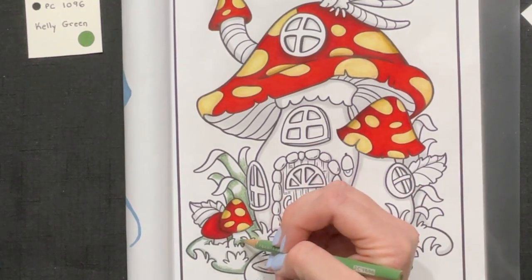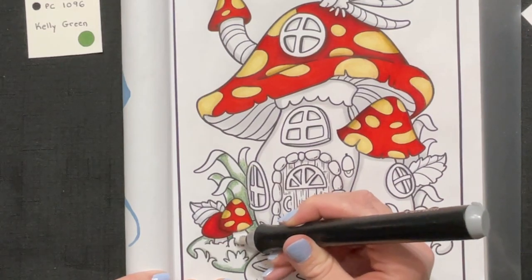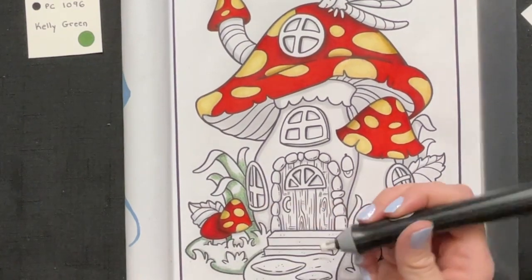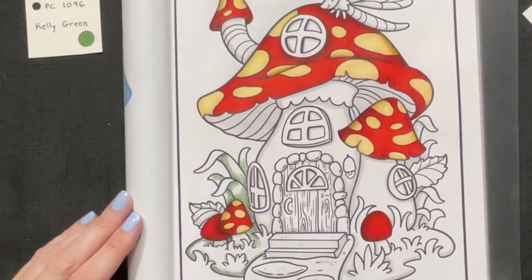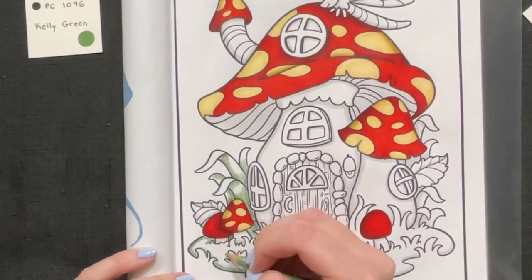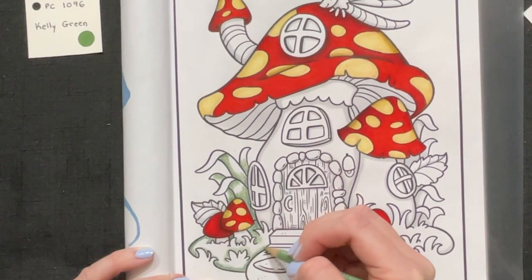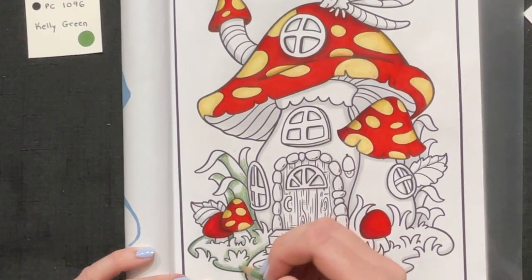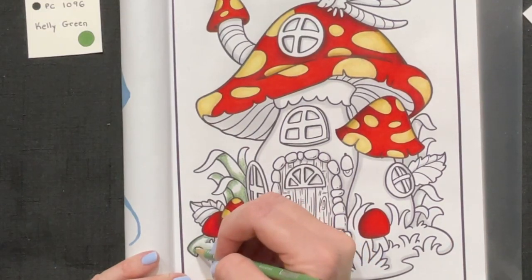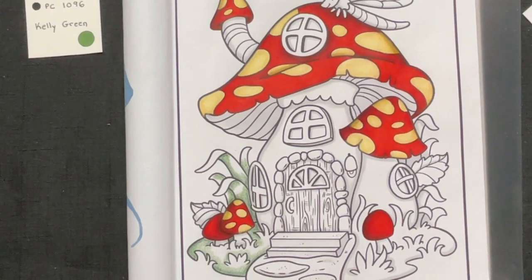Oh, that's not supposed to be green, that's the mushroom. Okay, so this is just a little electric eraser. Oops. Accidents happen. Okay, where was I? Kelly green. Okay, so over the dark green, and then doing a bit further. Good. Okay, and then we have